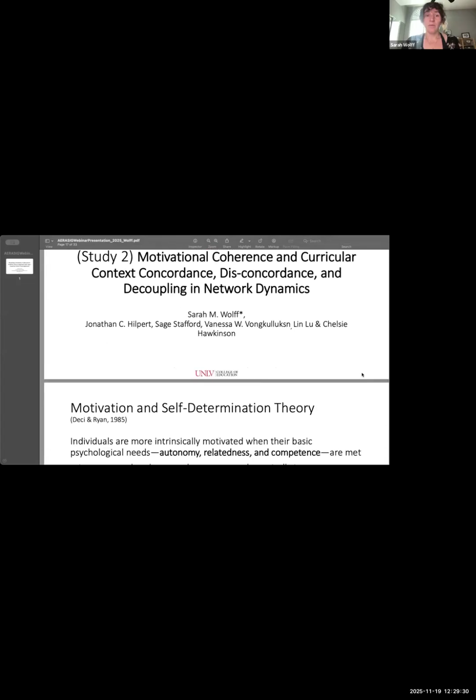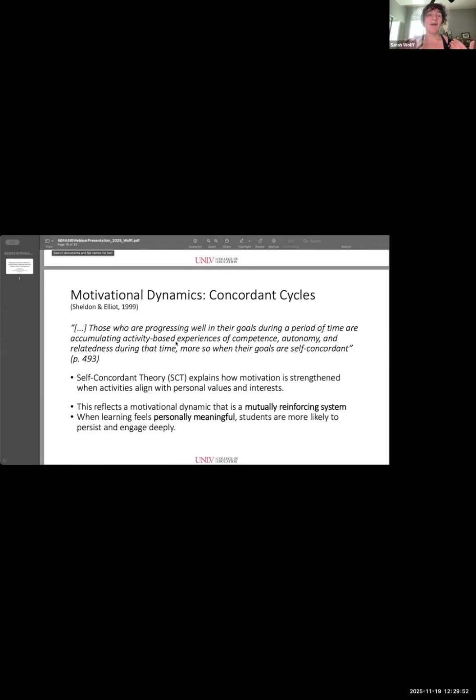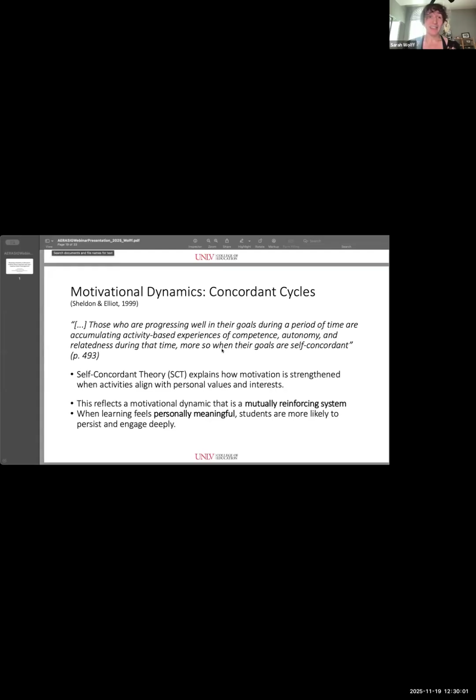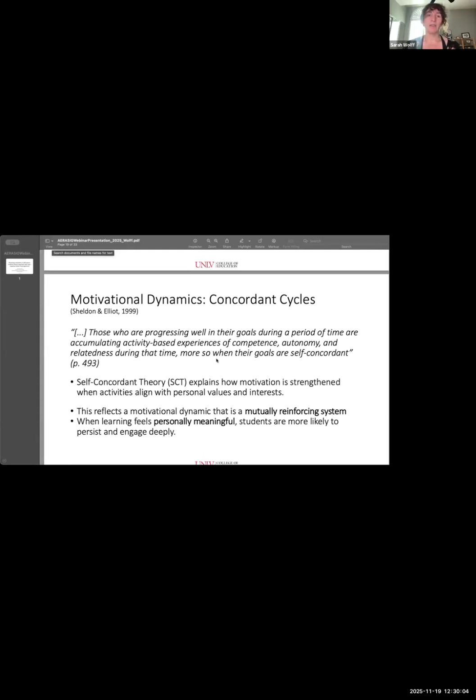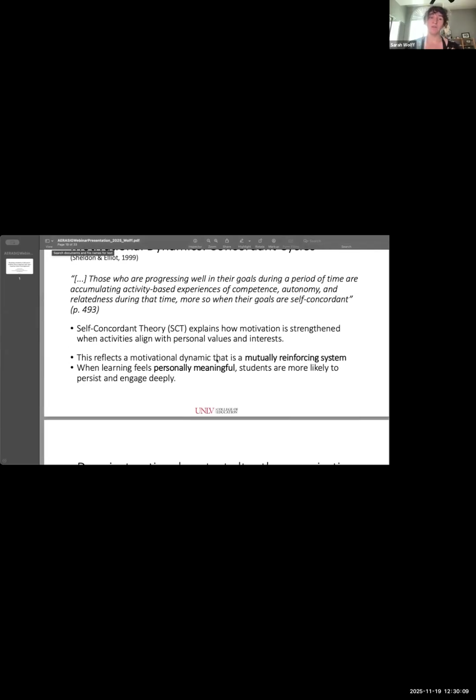We'll see. To set the stage, we're talking about self-determination theory in this paper, and we're thinking about these things as dynamically interacting to sustain motivation over time in general. I'm going to speed through the theory part so we can get to the more technical stuff. We're conceptualizing what a concordant cycle of motivation would be, thinking back through Sheldon and Elliott and what they were thinking about as concordance in relationship to goals and personally meaningful